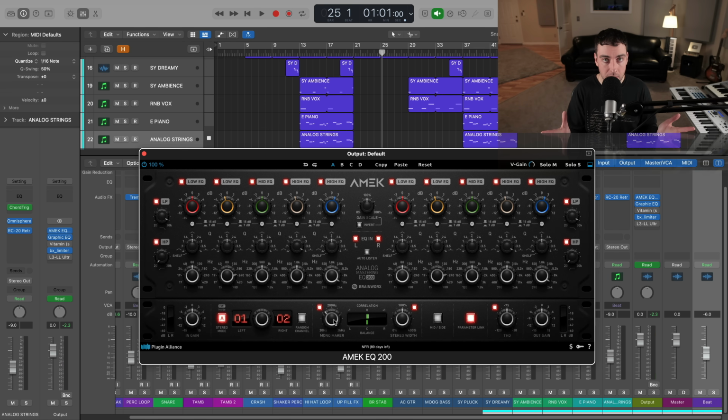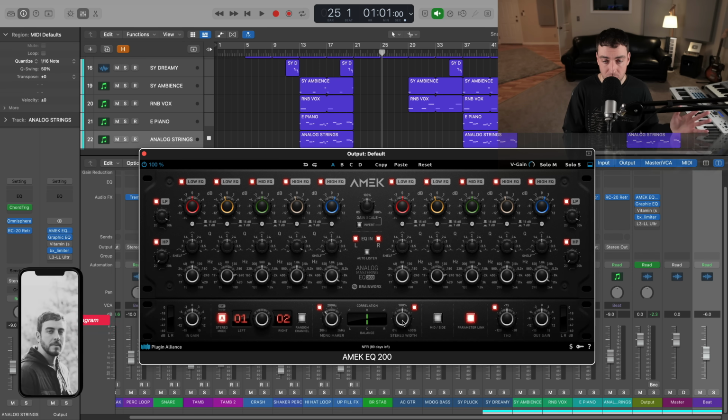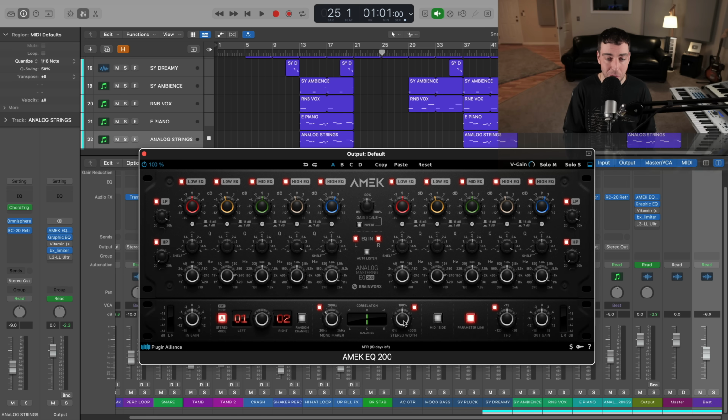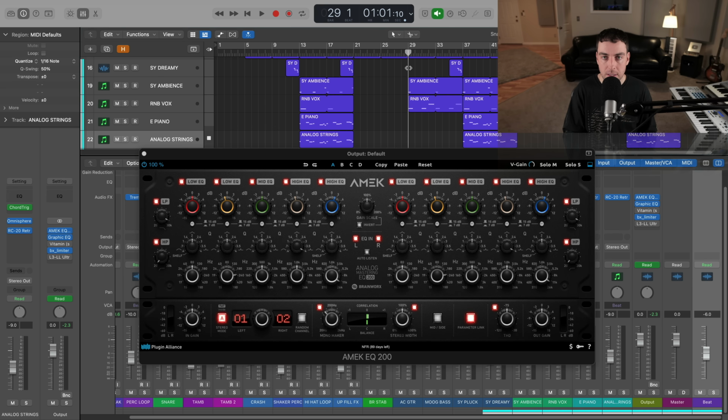If you want to have a more monocentric mix, you can go all the way up to 2K. Obviously for mastering purposes, I don't think you're going to want to go that high, but very flexible there. Now moving over, we have a one control stereo width that sounds really good, and it goes all the way up to 400%. Again, we're going to use this very subtly, but let's move over here and see what we can do.